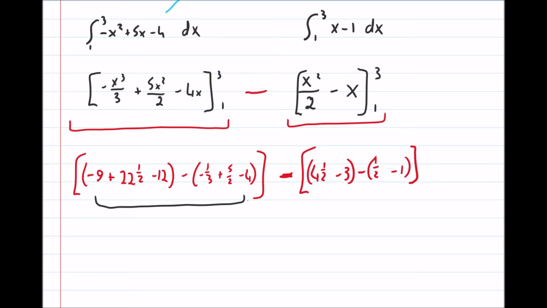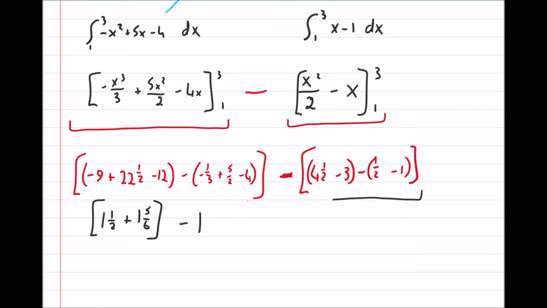Figure out what this answer is, and this answer I have 1.5 plus 1/5/6, so that's this bit done, minus, and then this bit over here, which is 1.5 plus 1/2. And when I do that, then when I minus 1 from the other, I get 1.3